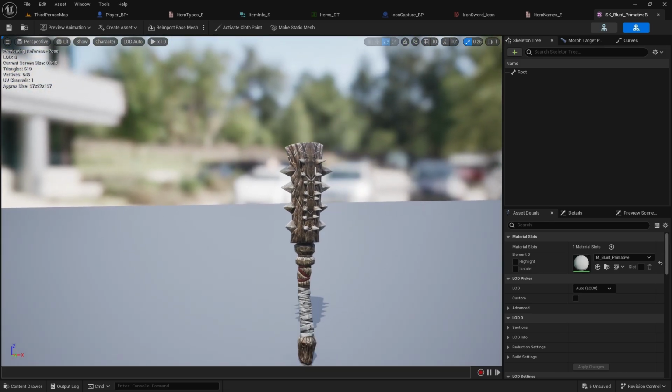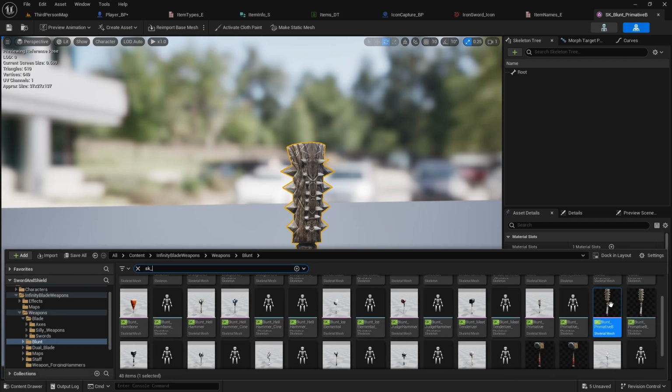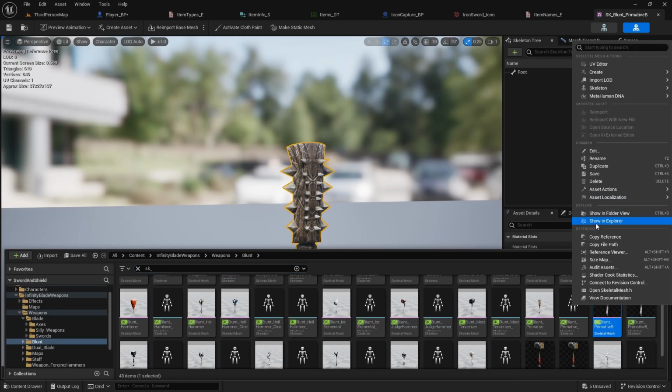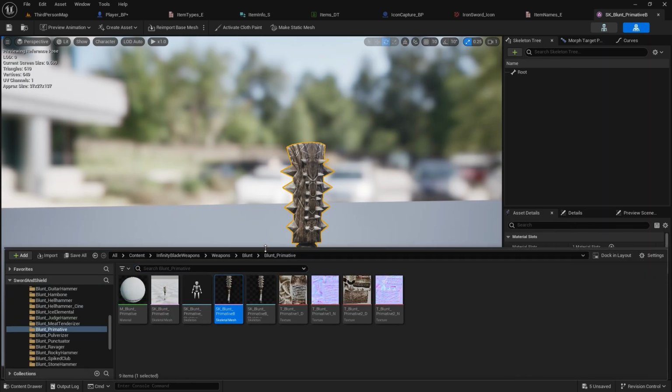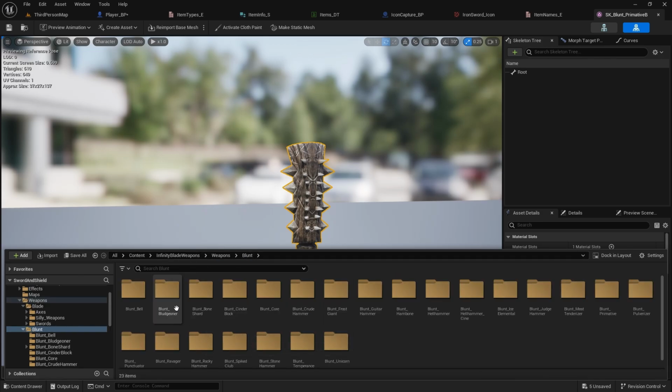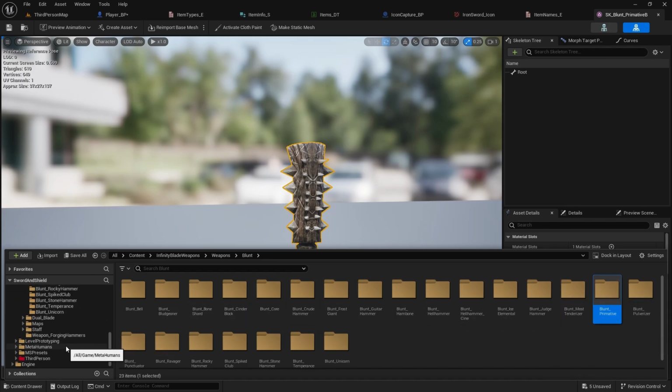This spiky mace. So again, right click on asset, show in folder view. It is called blunt primitive. So go here, blunt primitive. Where are you? Blunt primitive, and move it to your meshes in third person